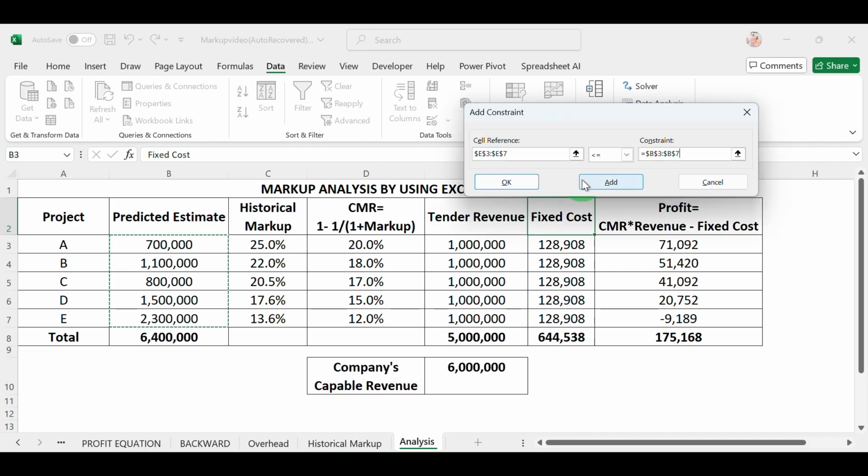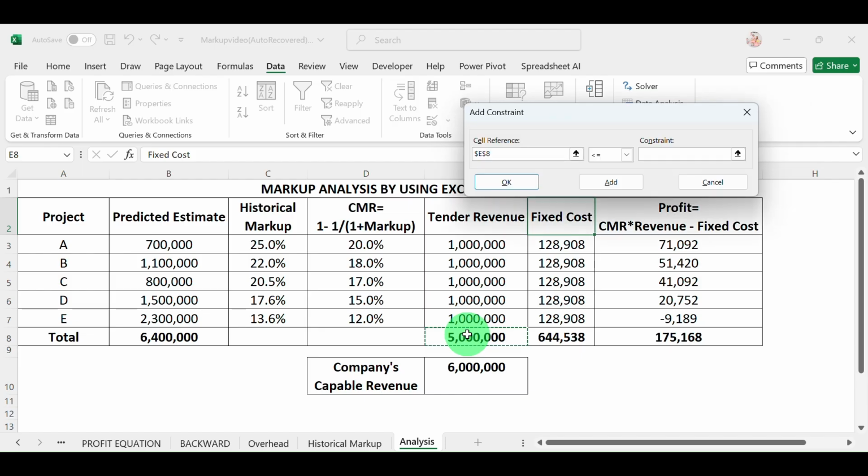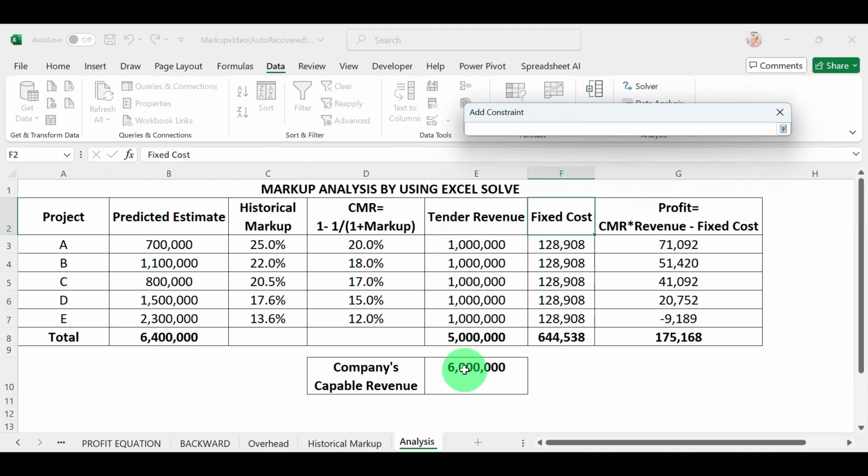Okay, and we add another constraint, that our total tender revenue equals 6 million,